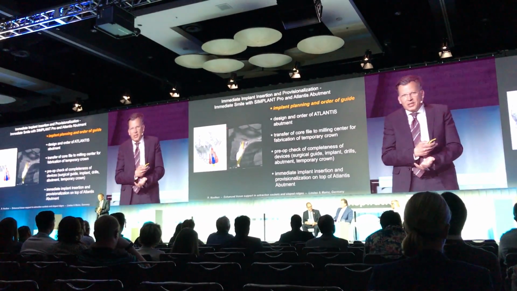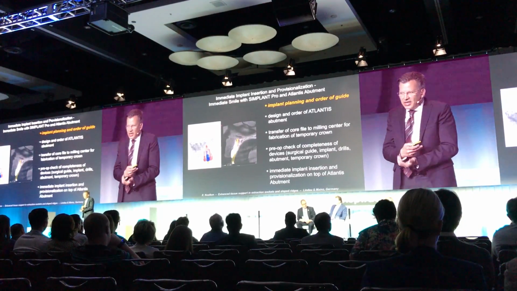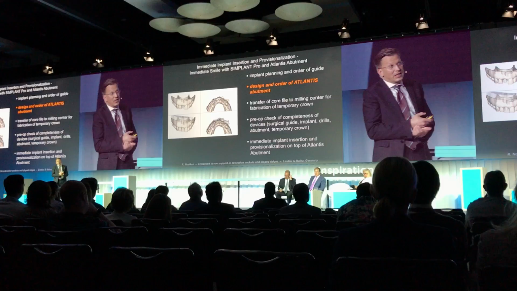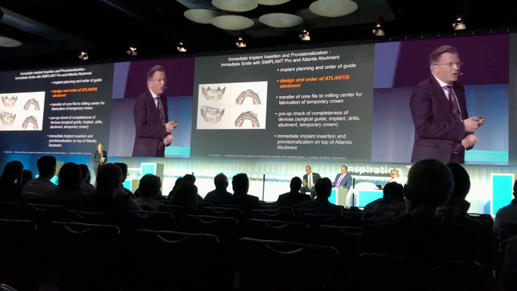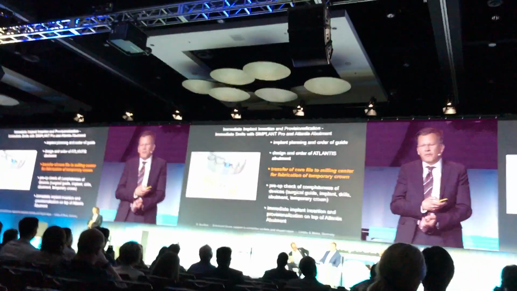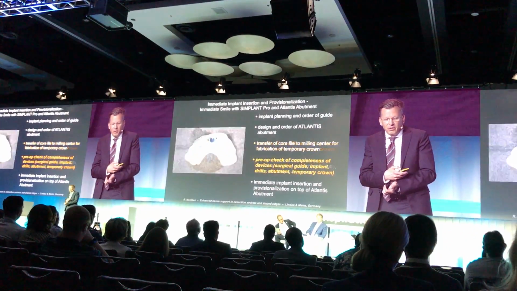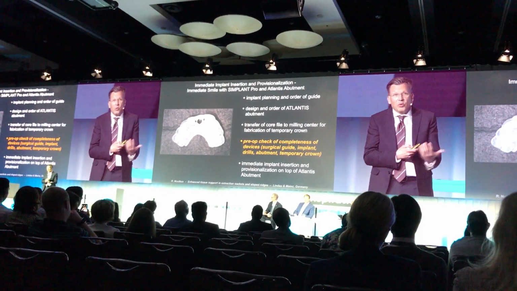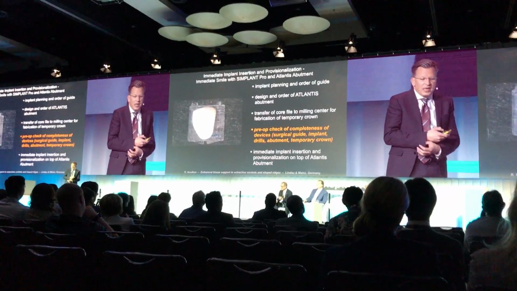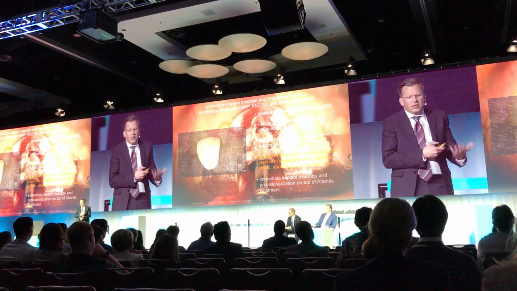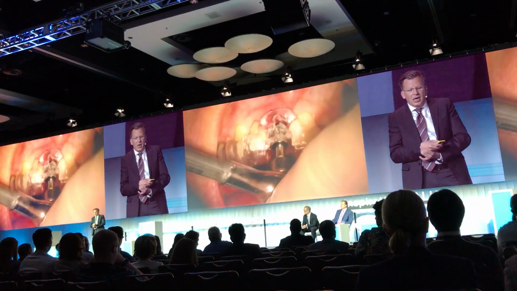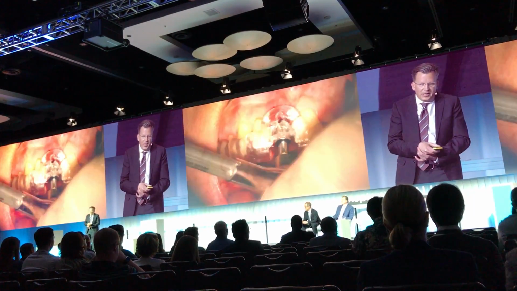When we have accepted the planning, we can transfer those data to Atlantis to design and order an abutment. When we have accepted this design of the abutment, we can get a core file which we can transfer to the milling center for the fabrication of temporary restoration. Preoperatively, we just have to check, do we have everything, the guide, the implants, the drills, the abutment, as well as the temporary crown. Then we can start and place our implant through this guide and align it perfectly, and